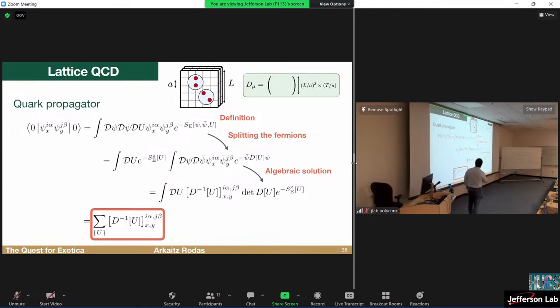So this horrible integral, again, you can split the fermion and the gluon parts of the integral. This is the gluon part of the integral, and this is how the fermion part looks. If I didn't have this quark anti-quark part, this would be again just like the determinant that we did before. But now we have this quark anti-quark. So this ends up being this D minus 1, which is the inverse of what they call the Dirac matrix. Now, the last step, this integral, once again, is just sampling over pictures of U with a given probability distribution that is complicated to get and very expensive, but we can do it.